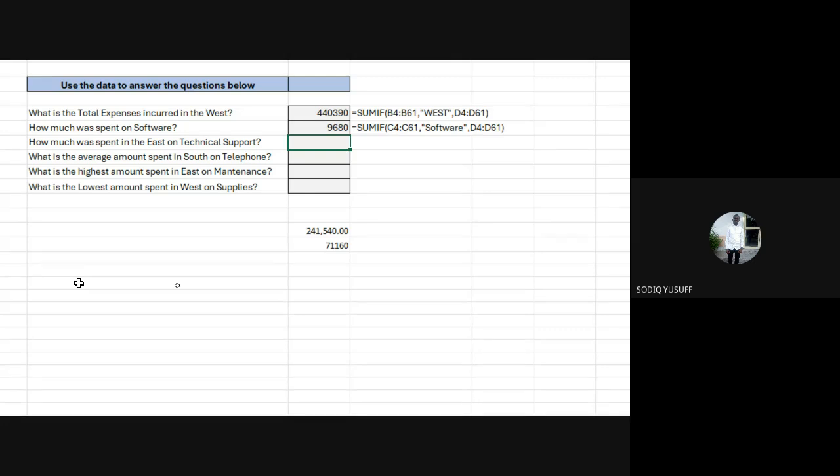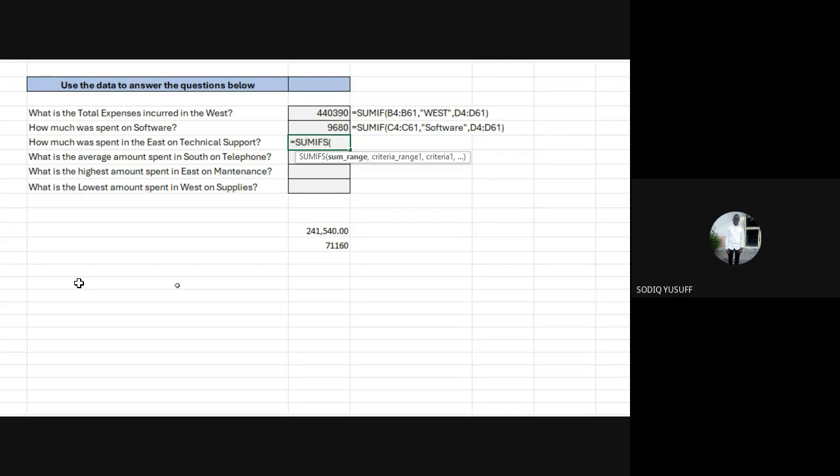Now, who can tell us what function we are going to use here? Use SUMIFS, the plural form. You have to use the plural form, everyone. Now in SUMIFS, remember I said you should not try to memorize or cram anything. You just need to understand the arguments.